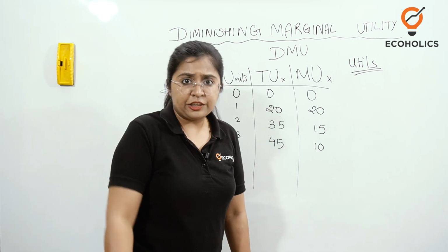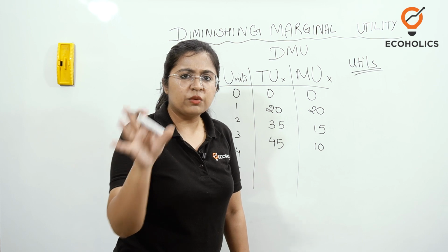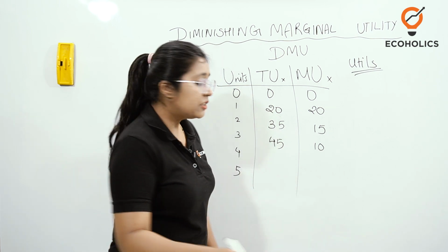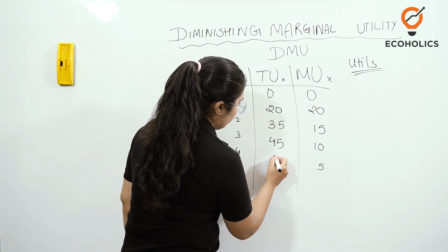Then another Frankie you had. Your friend said, just eat one more. You are really hungry, you should eat one more. You eat another. Now the satisfaction that you gained was only 5 utils, and the addition is what? 50.